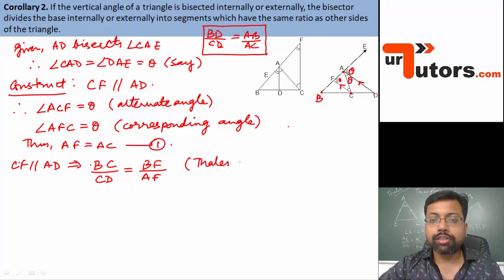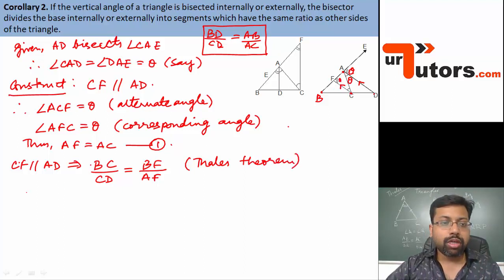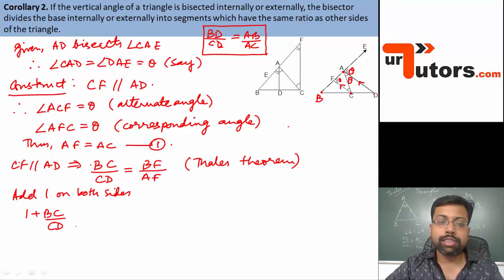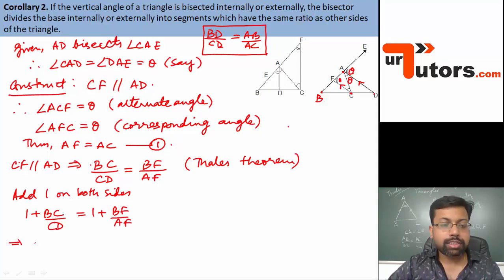So you have by Thales theorem, this is going to be true. Add 1 on both sides. You add 1 on both sides. So you have 1 plus BC by CD is equal to 1 plus BF by AF, which will mean that